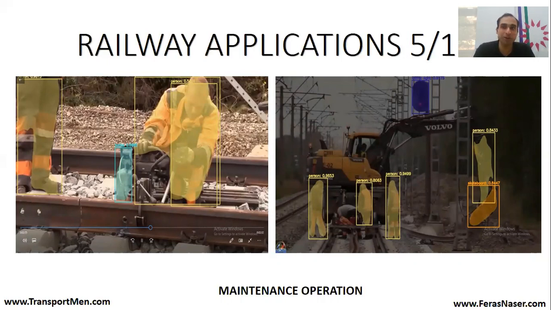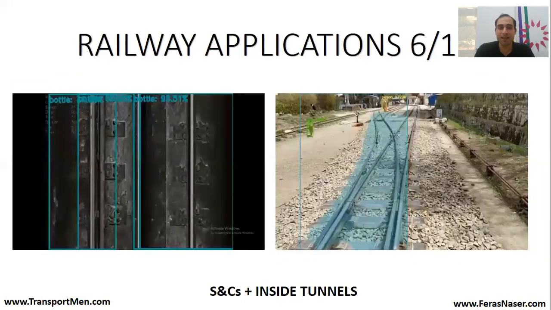But the models in general are very accurate in detecting people, but they are not very accurate in detecting objects related to the railway environment. Here you can see the model is detecting the switch and saying it's a boat, and inside of a tunnel. That was really my original aim. I was hoping that I would be able to detect welds or weld failures from a camera inside the tunnel. That was a far reach, a very difficult task.